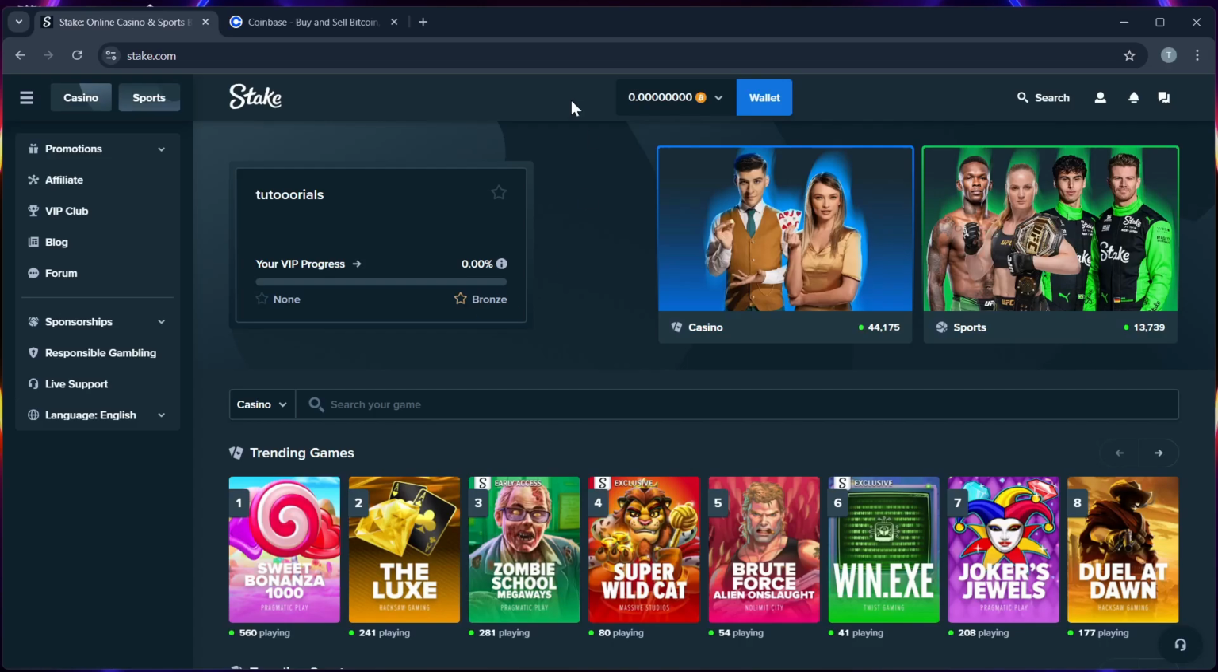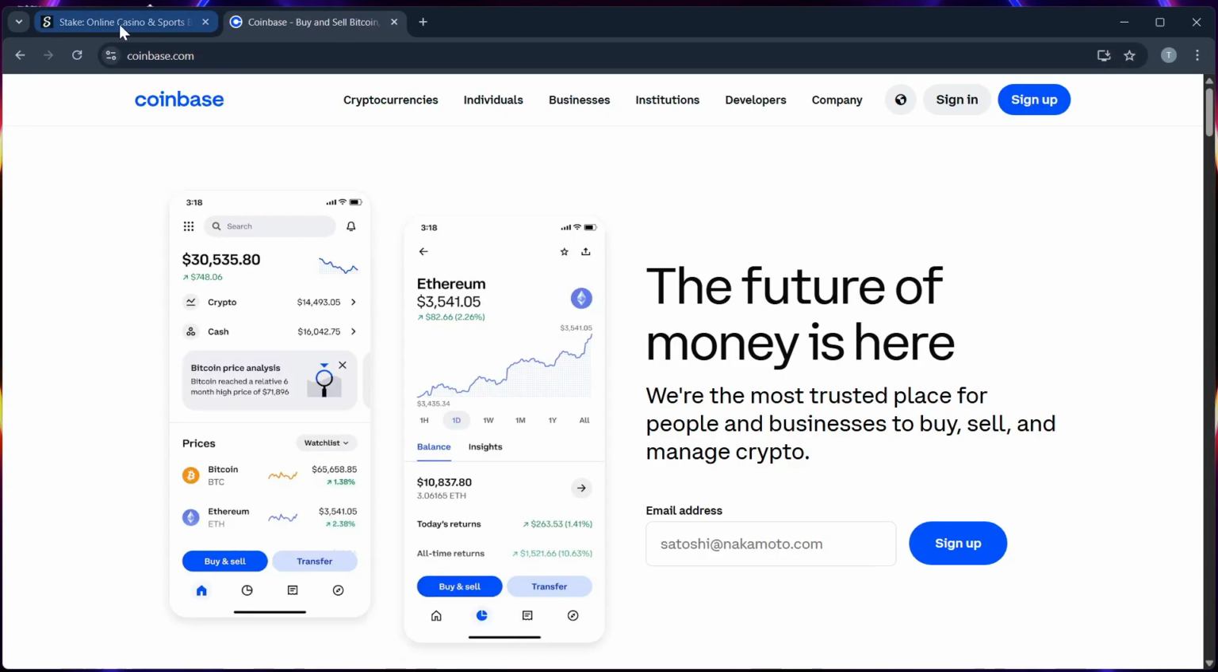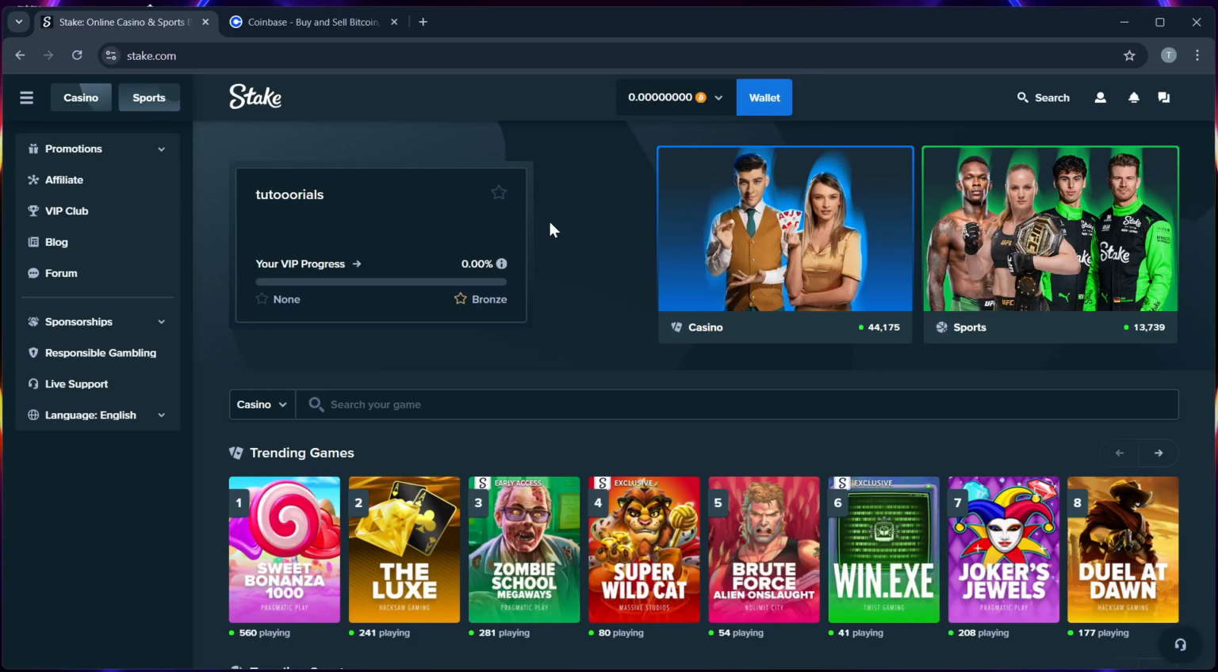How to withdraw money from Stake to Coinbase. So in this tutorial, I will walk you through the exact transfer process and you make sure that